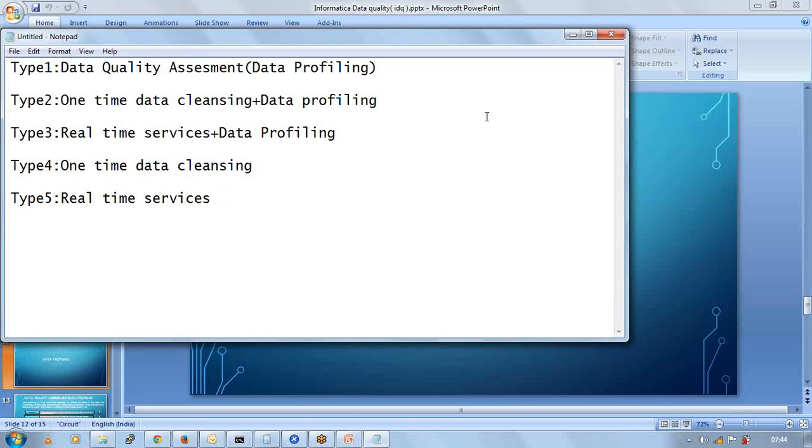So now what is type 3? Type 3 is where you're building a completely new system, where you want to build a real-time service using IDQ. Data might be coming through some front-end application. The data will be consumed by this real-time service, which will cleanse and augment it, and then put the data probably in a target system or an MDM, or it could also forward it again to the application. So this is a real-time service, but again the same story. The customer is not